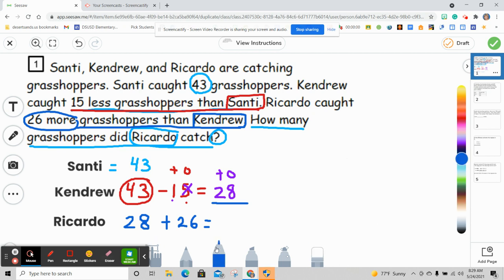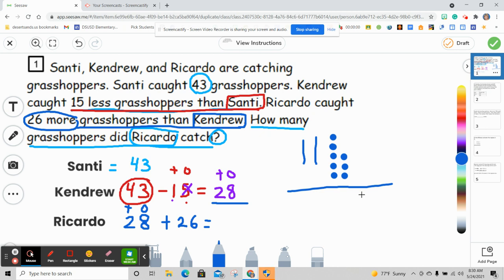Now, in the number 28, I know I have a T O. That means tens and ones. So I'm going to draw 2 tens and 8 ones. 1, 2, 3, 4, 5, 6, 7, and 8. Now I draw a line to separate because I'm going to draw some more, and I don't want them to